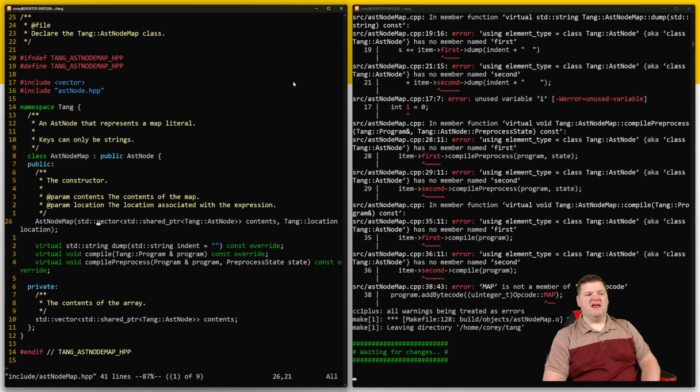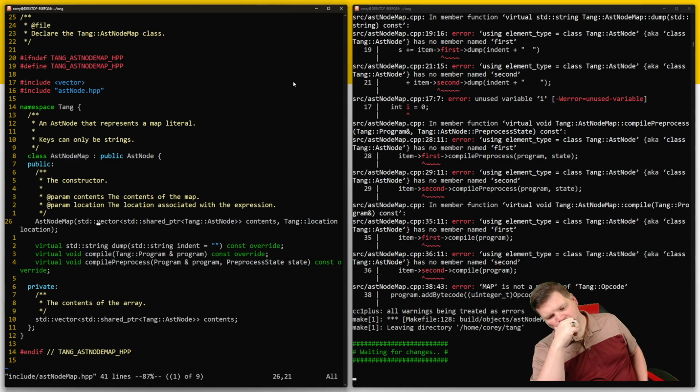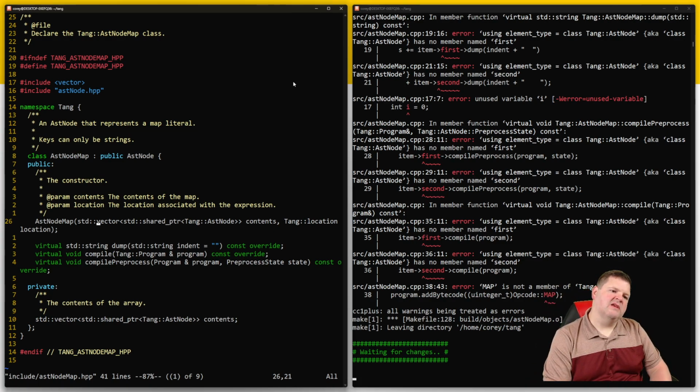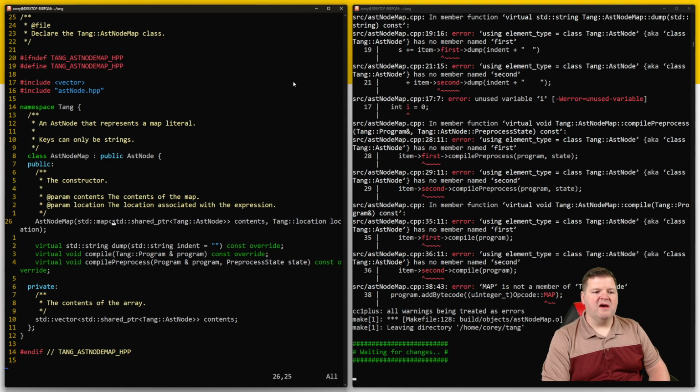It takes a... I know I just stopped, but it's because I'm thinking. It needs to take a map of a standard string